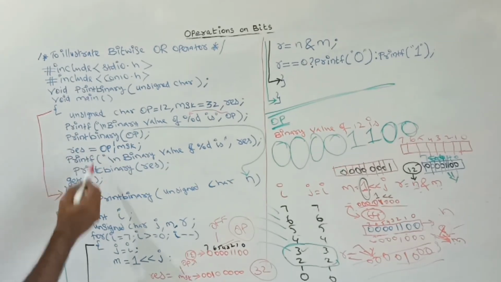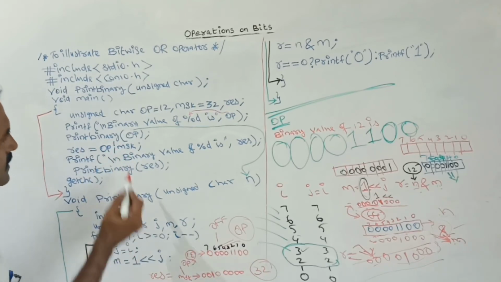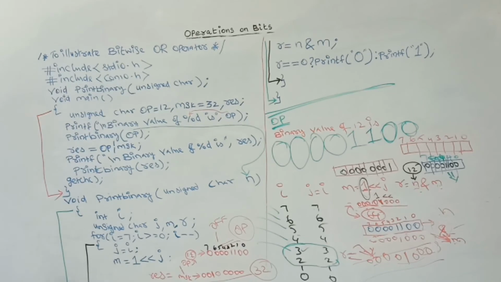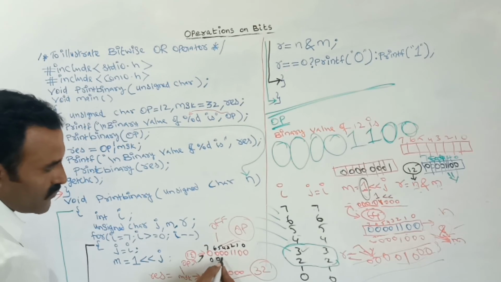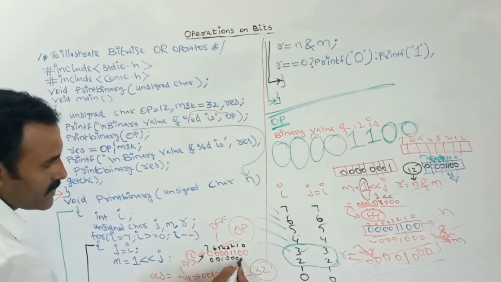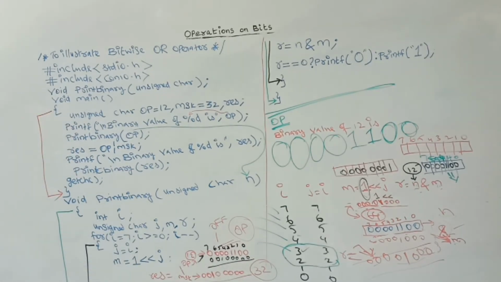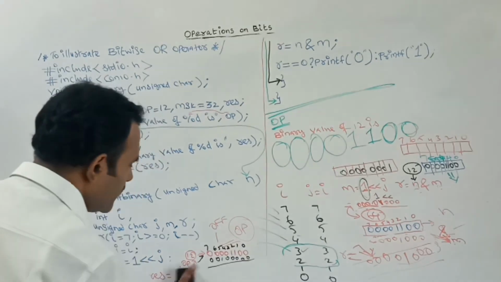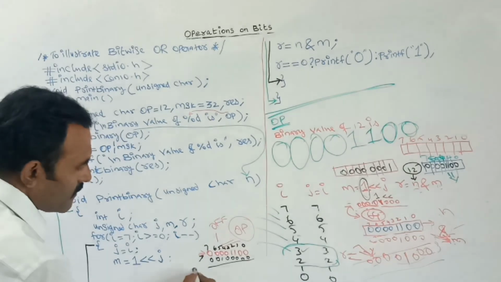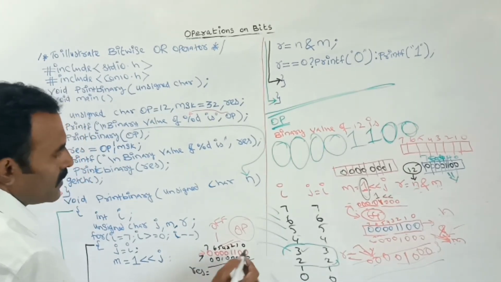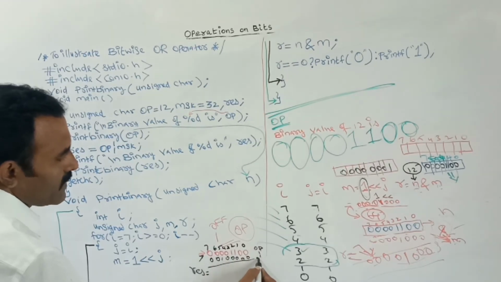So here RES is equal to this operand value, I am applying the OR operator, next the mask value. Now you calculate this. Take the mask value and write 0 0, fifth position 1, and every remaining position 0. If you are applying the bitwise OR operator, what is the result here? RES is equal to OP bitwise OR with MSK.